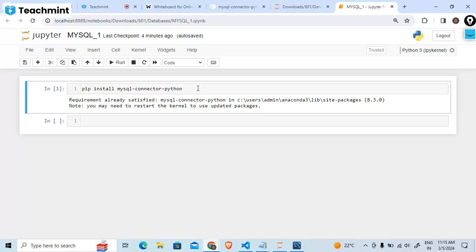And now we have to import this library. Okay, we have to now import this library. Now we know how to import this library. Simple. Now, first of all,